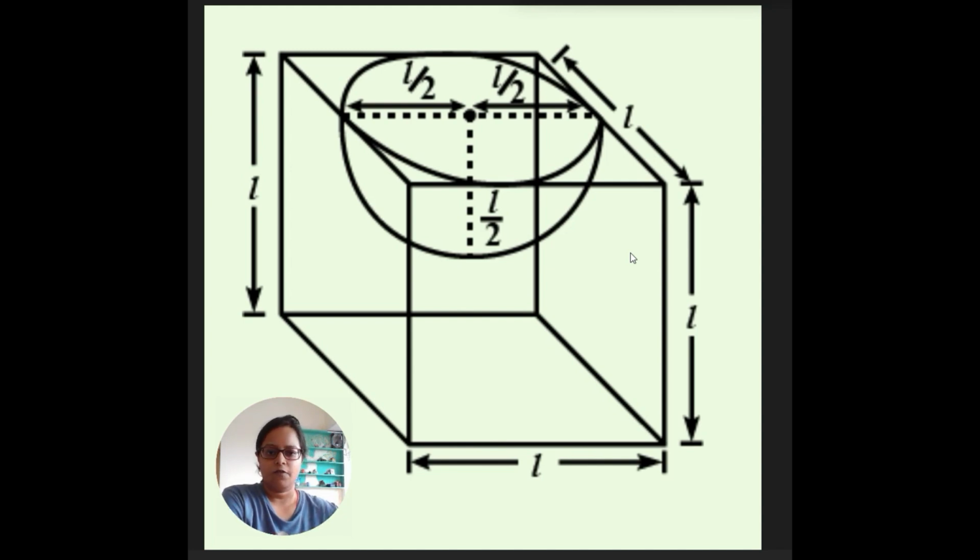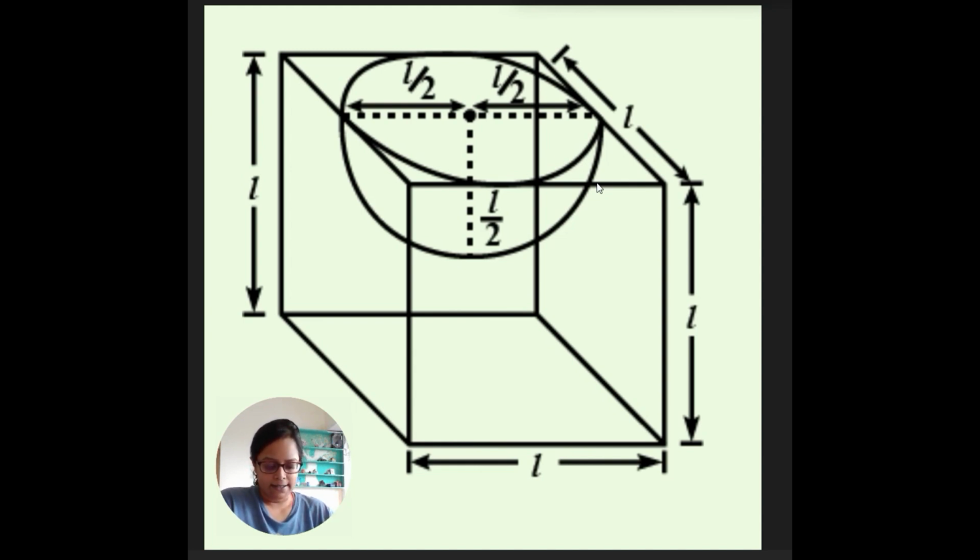In this case, if you look at the figure, the diameter of the hemisphere is equal to the side. So that means the radius is L by 2 and the side is L. That's what's been given. Similar to the question we just saw, question number 4, where we saw the greatest radius of a hemisphere, but in that case the sphere was on top of the cube. In this case it is inside the cube. A depression of the hemisphere is being cut out. So what would be the answer in that case?